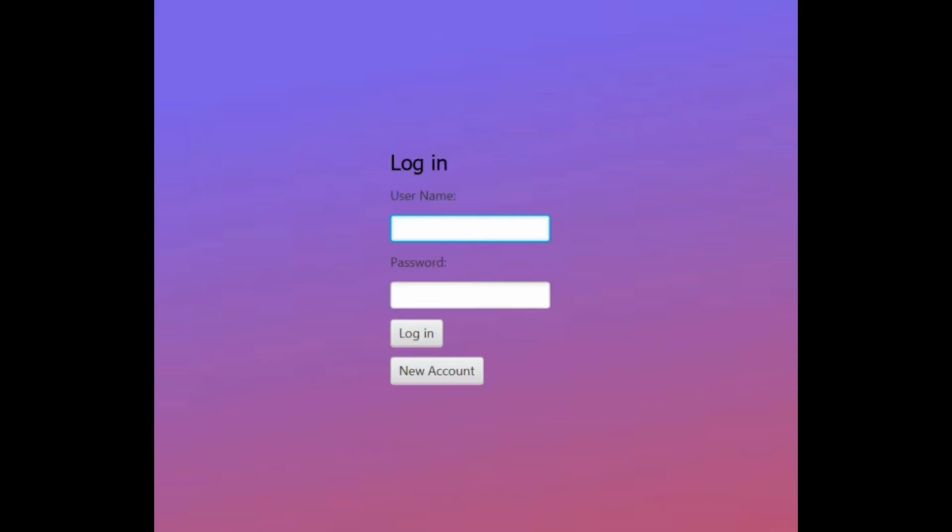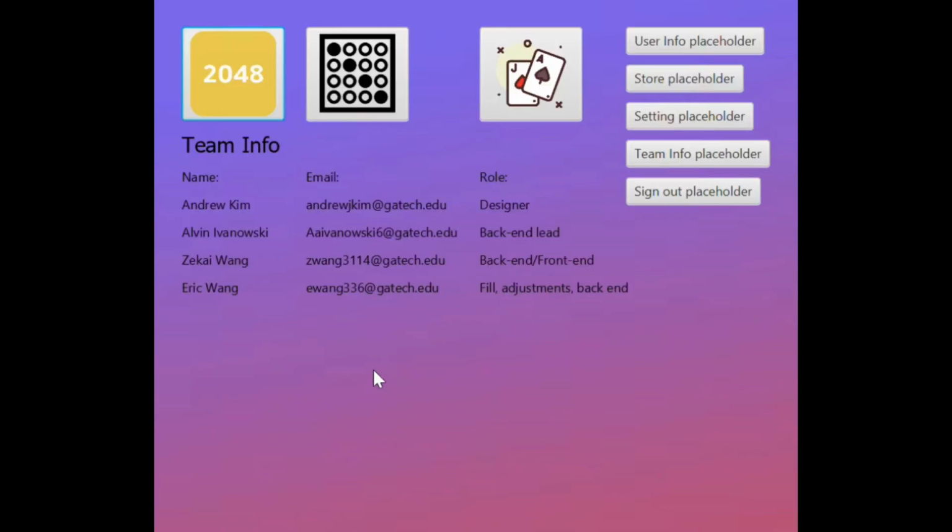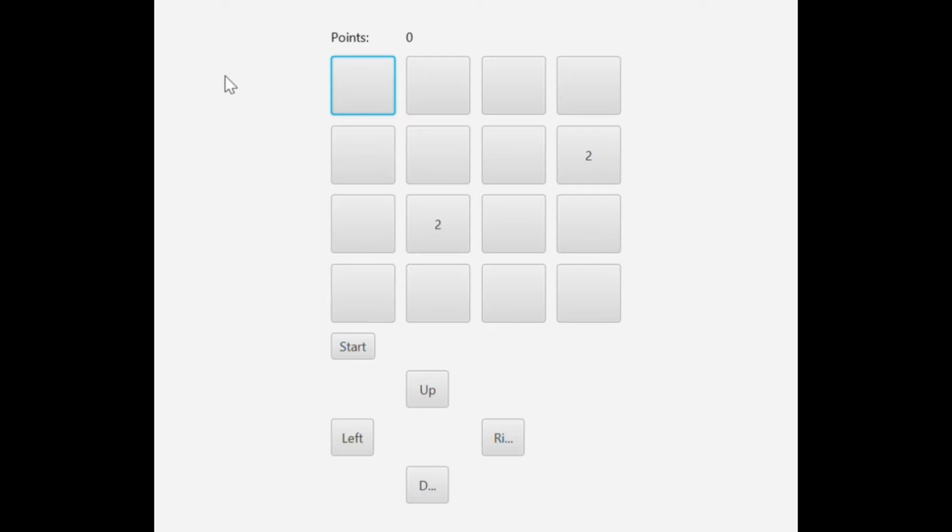This is our complete implementation of the game suite with main page and 3 games. Let me log in first. And login. This is our main page with team info and game selection icons. The icons are indeed clickable. As I only have 2048 on my computer, my teammate will take it from here and show you the actual